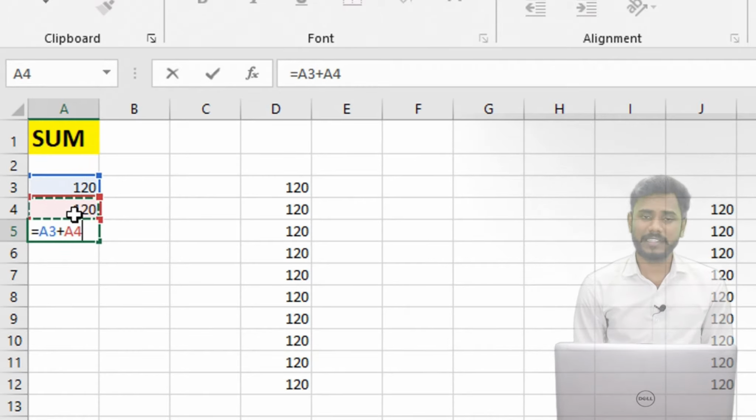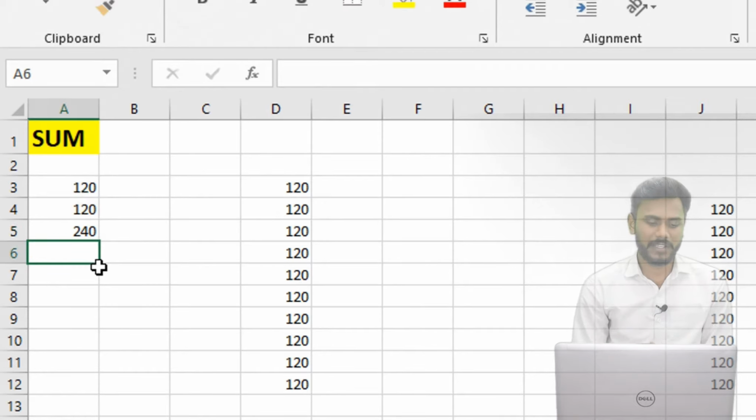When you select the strings, Excel automatically catches the addresses, and you directly press enter. So the formula is equals to A3 plus A4, string 1 address plus string 2 address, and the result is 240 rupees.